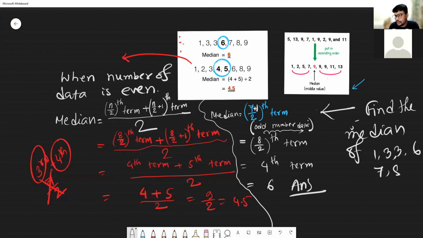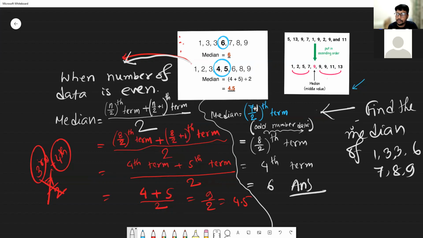Or you can write the data. Yes, find the median of the data, and this is the question. Now this is the second part of the first slide. Clear? Yeah. Okay. So now today we have learned